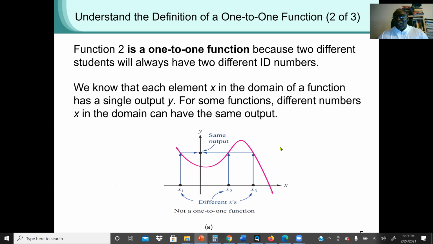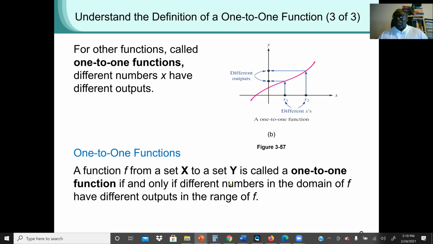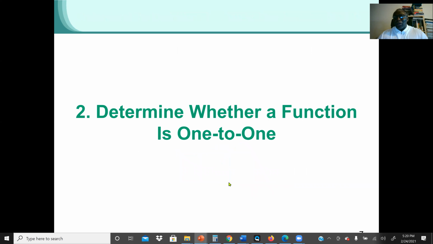But as we said earlier, the previous graph is not a one-to-one function because when we draw the horizontal line, it touches 3 times, which means X1, X2, X3 generate the same output. We want a one-to-one function, which means X1 should generate its own output. X2 should generate its own output, not the same. Again, as we said in the earlier example,